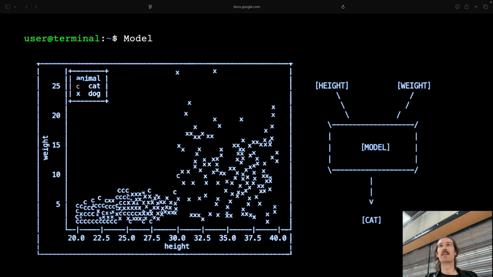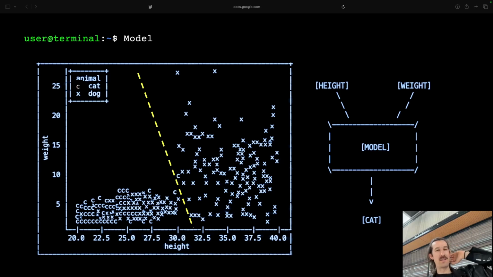That's the simple task, first of all. In the end, what the model needs to do is find some kind of line that it can draw between the two different categories, dogs and cats. So basically what the model needs to find is exactly this dashed line there.